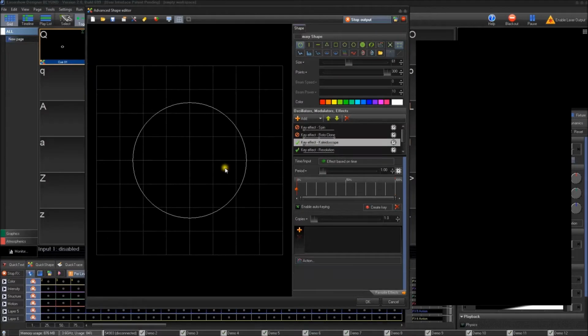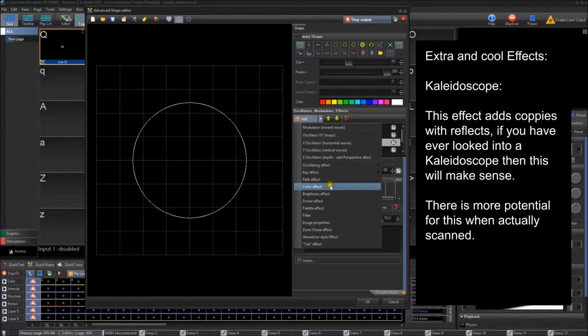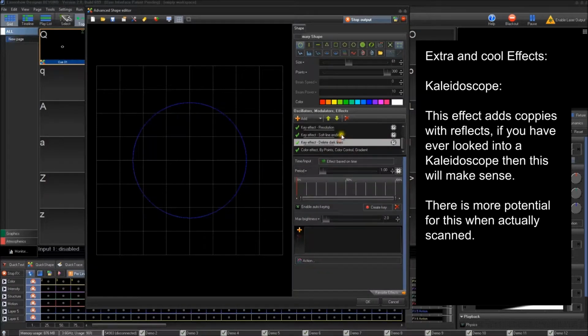Next is Kaleidoscope, which is a symmetrical clone. What that does would make a little more sense if you had a color effect. But when you do this, if you look up here, it will multiply and clone on the same. It's a very interesting cloning tool, and it will copy what's on top of it. And you can do delays, and if you had a color effect, it will multiply on top of itself,